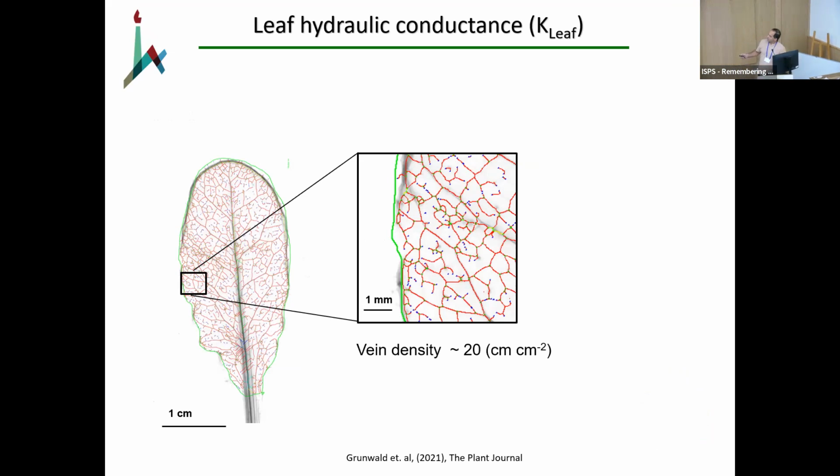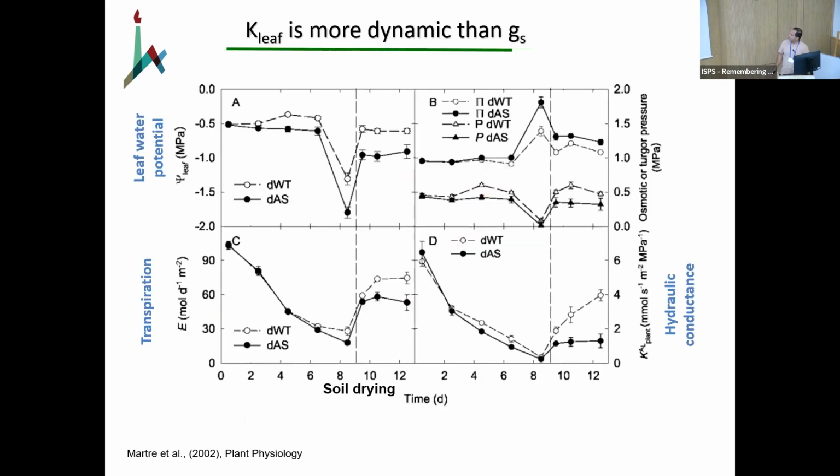So these are the highways of the leaf. This is our Arabidopsis leaf. It's a promising plant, and you can see that in 1 square centimeter, you have approximately 20 centimeters of veins. That means that the leaves actually need to move all this water through the plant to the cells, to the mesophyll in particular. But the funny thing is that when the plant is under stress, we have a reduction in transpiration,